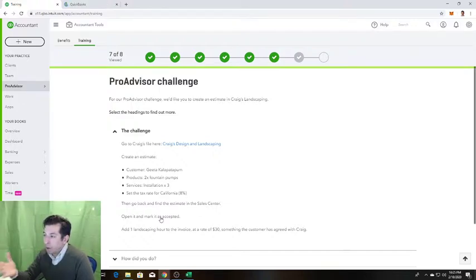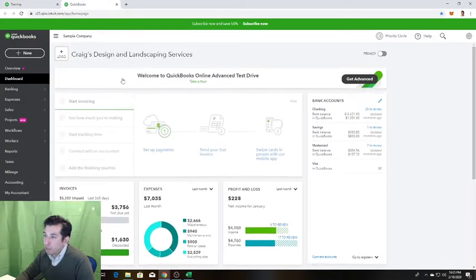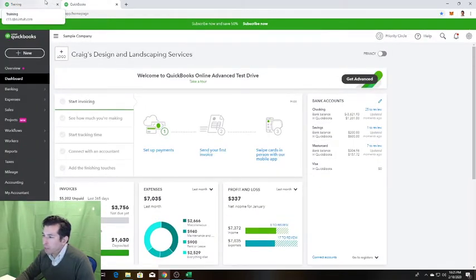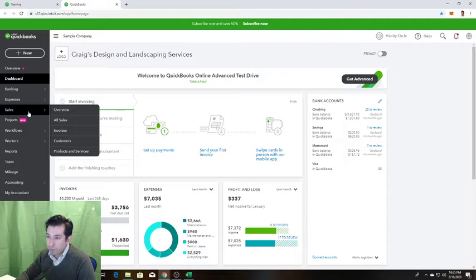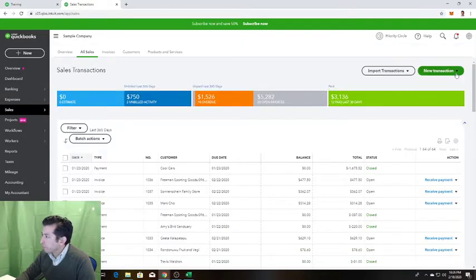I had another ProAdvisor challenge in the past, but I couldn't figure out how to do it. But let's see. Okay, so this opens up our accountant view of Craig's Design and Landscaping Services as a client. So create an estimate. I believe you go here. All sales, new transactions, estimate,